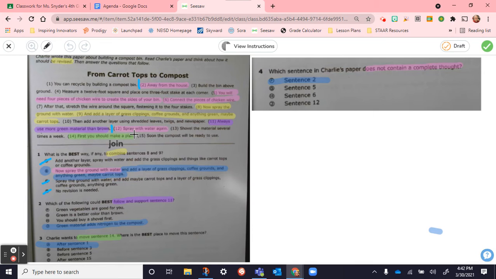Okay, so when you plug that in, you need to read it and check, is this a good fit here? A lot of us were putting it in over here before sentence 3 or before sentence 5. And when you read it through, you had already listed all these steps and things that you're doing, and then you say first. And so I gave the example in class where I said,